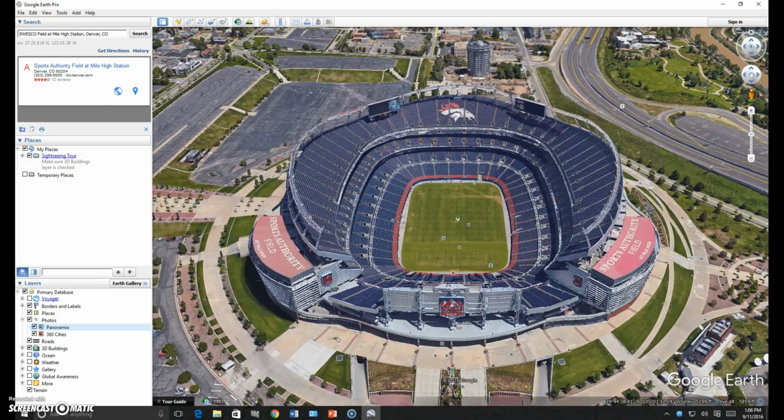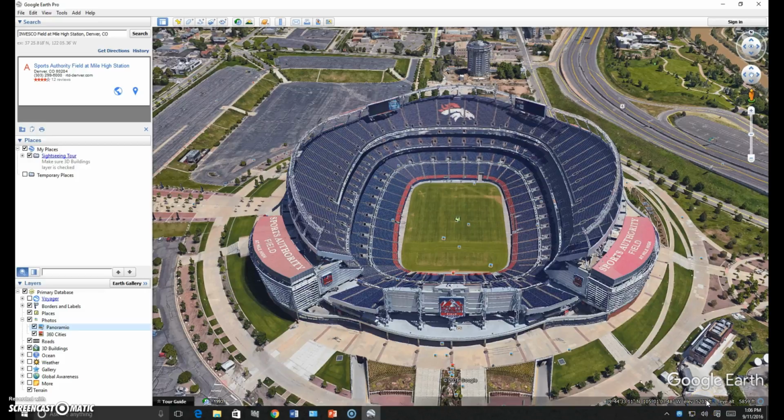So we'll finish up this video back where we started, which was at Google Earth, and what we're looking at right now is actually a football stadium, even though you don't see the football lines painted on there. Must have been taken in the off season, but this is called Sports Authority Field. That's where the Denver Broncos play. And this kind of goes against what I told you before about how mountains usually equal very few people. Denver's a pretty big city, and if you look at the elevation down here,